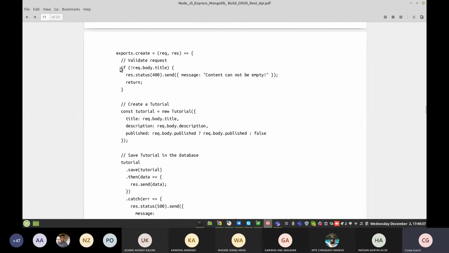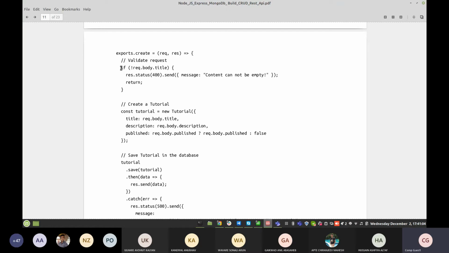Let's say there are mandatory fields in your object that must be entered into your DB, so you validate that. Let's say title is mandatory for me. I validate that if the request body doesn't contain the title, then I throw a status error, a bad request, which is a 400 status.